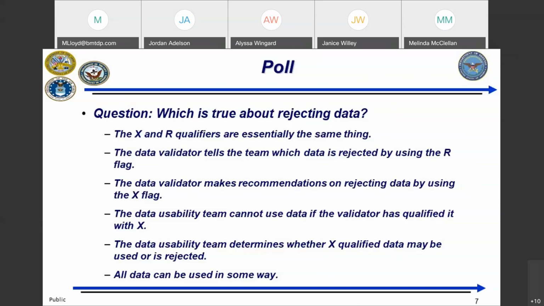So I'm going to go ahead and let the timer run out on this. I've only given it about 1 minute. Like I said, you can choose multiple answers here. There may be multiple ones that are true. And when we're done here, I'm actually not going to give you the answer because I'm going to ask this question again at the end after we've discussed it a little bit to see if our answers have changed. So I'll give everybody a minute to read that over and think about it.